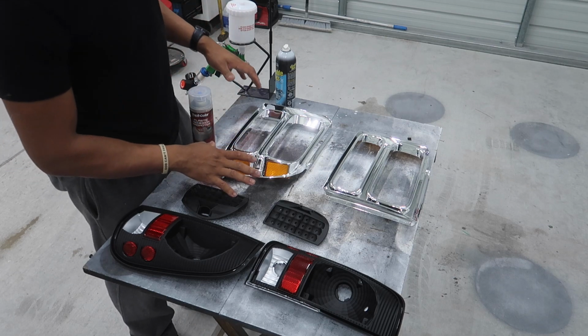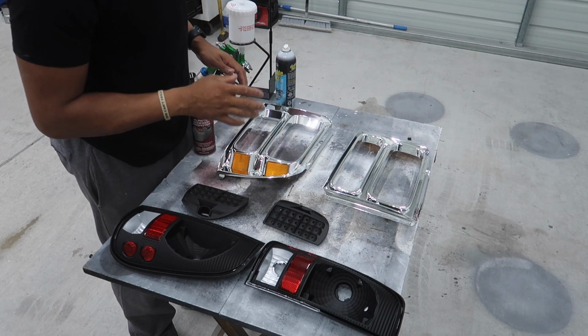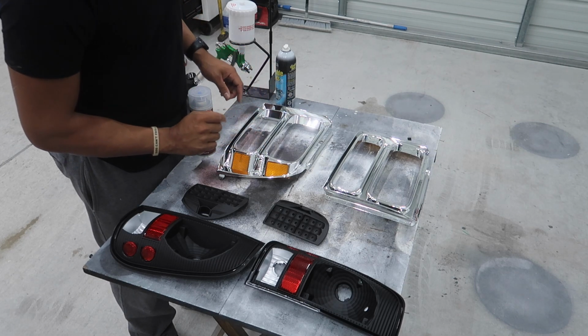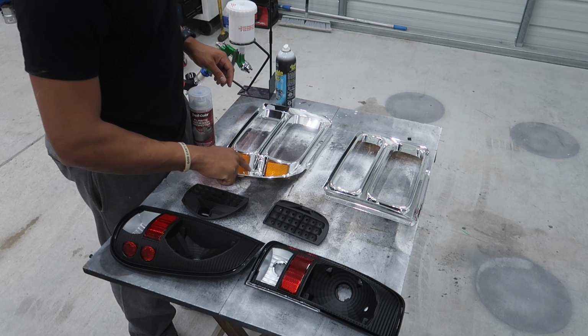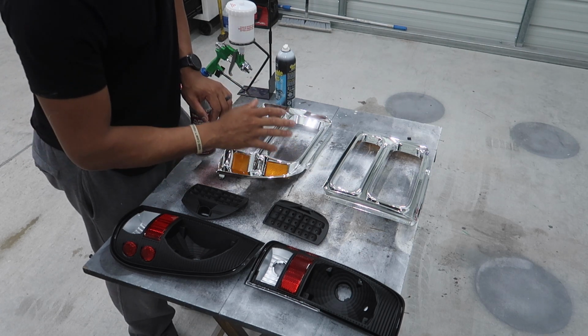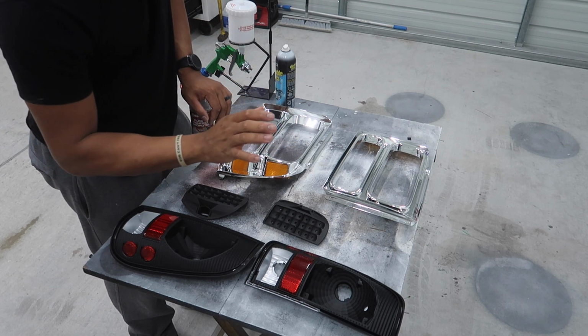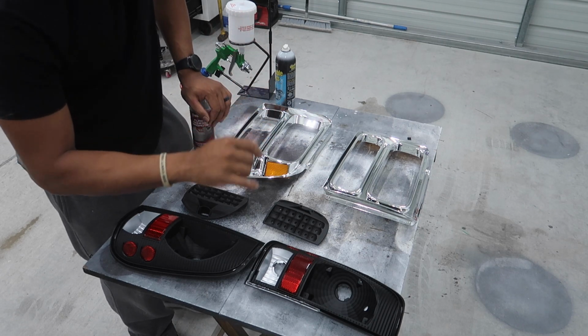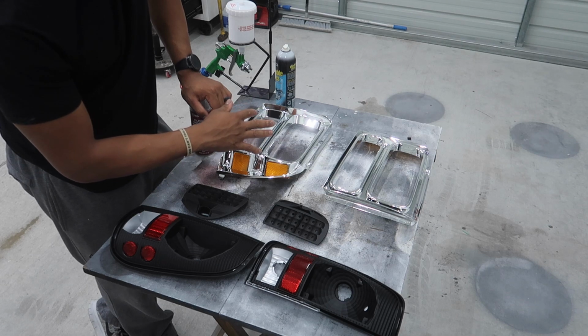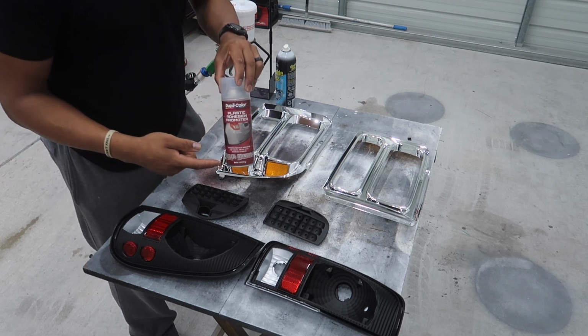So I prefer just to leave it chrome like this because you're not gonna get a smoother surface than what's already on there. So this chrome being smooth like this is gonna help your finish a lot. It's gonna give you a gloss, smooth finish when you finish your painting. So I like to leave mine chrome like this and just spray my adhesion promoter, which is gonna help the